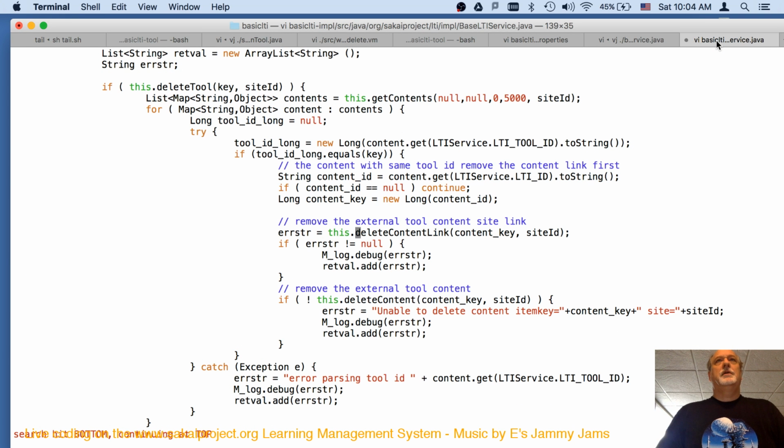Delete content link, content key, site ID. I'm just wondering right now.